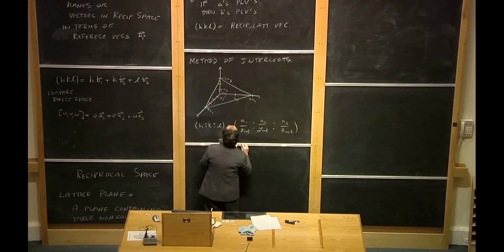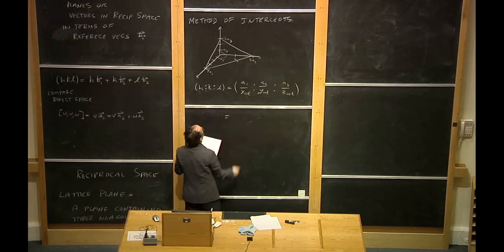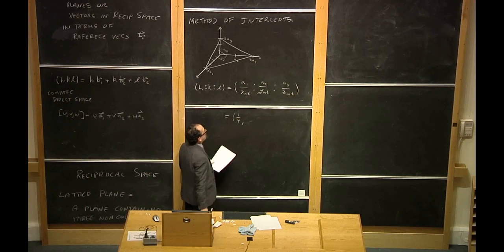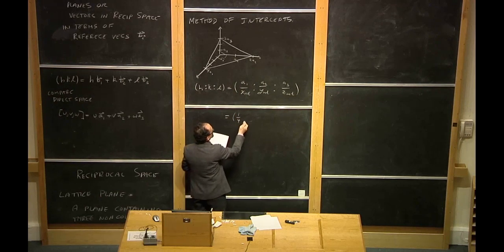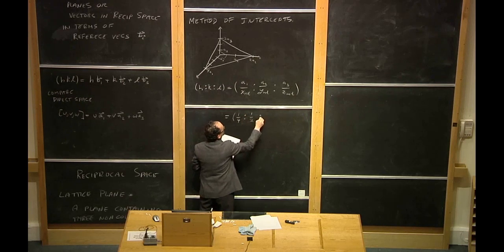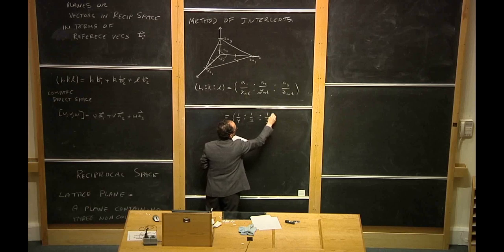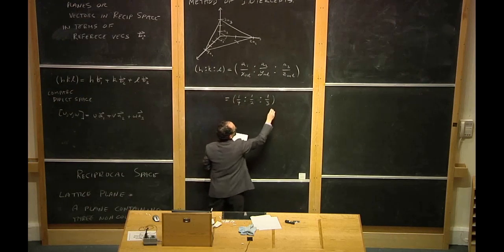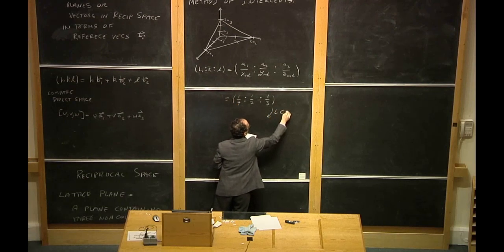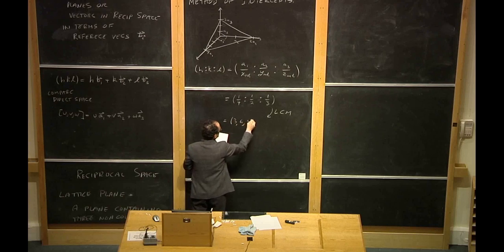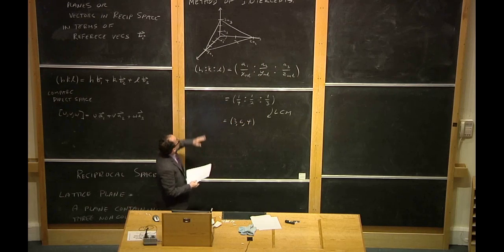So in this picture, A1 over the x-intercept is 1 over 4. A2 over the y-intercept is 1 over 2. And A3 over the z-intercept is 1 over 3. So it should have the same ratios as this. If we multiply by the least common multiple, we get 3, 6, 4